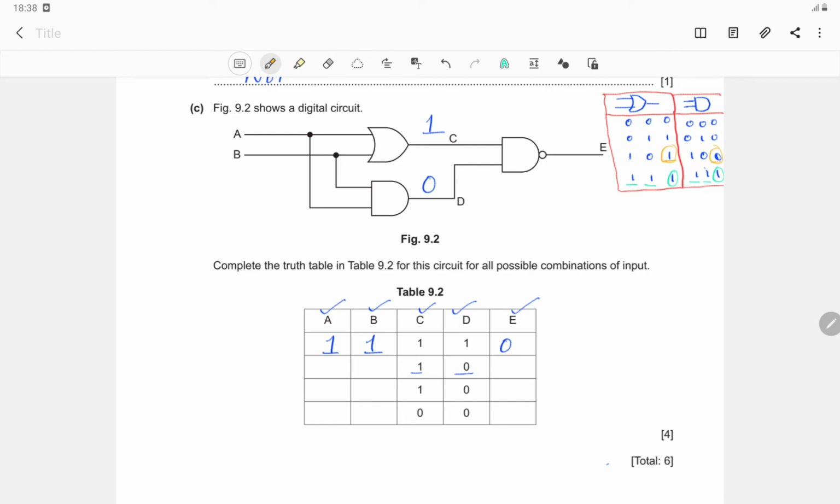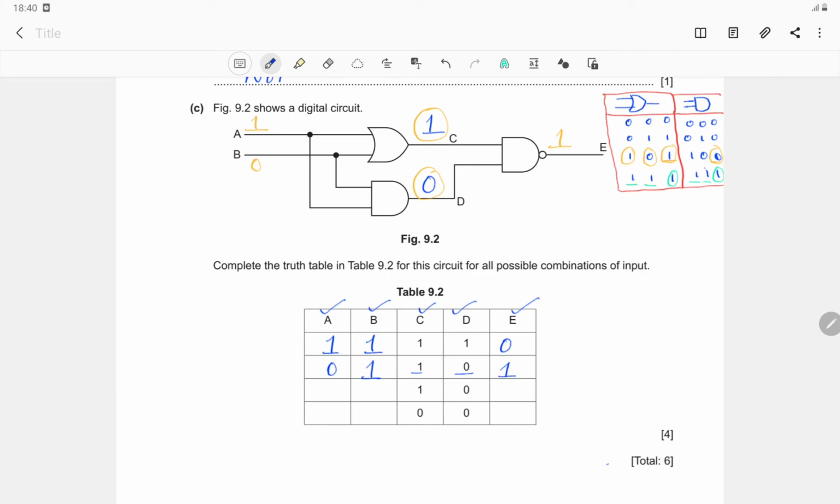In order to get this, the input should be 1 should be 0 and the other input should be 1. So that I am going to write here A, let it be 1, then B should be 0. Then the output of OR you will definitely get 1 and output of AND gate you will get 0. Now the value at E will be the NAND of 1 and 0, so that you will get 1. So you can write down 0, 1 and the output is 1.